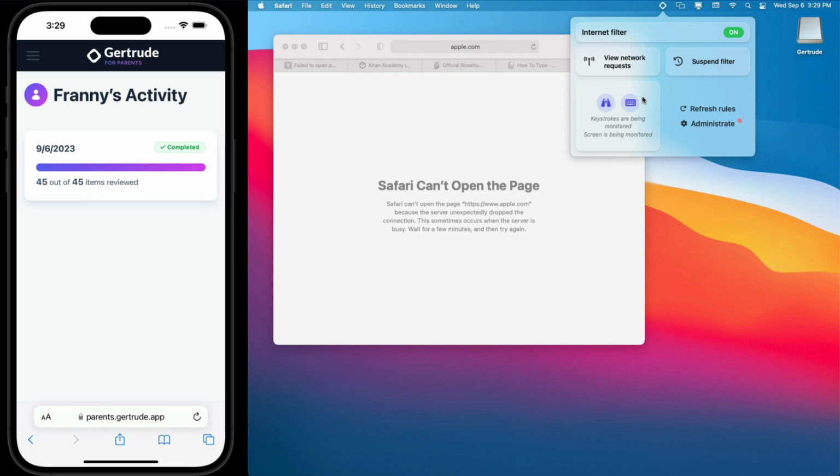We don't think of this as spying. Rather, we want to transparently communicate to your child that their screen is being observed and that their activity on their computer is not private and it's not secret, and that you have the ability and in fact are going to be reviewing it. And when they know this, this adds a whole other layer of additional safety on top